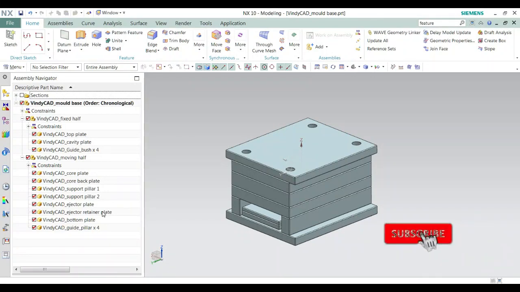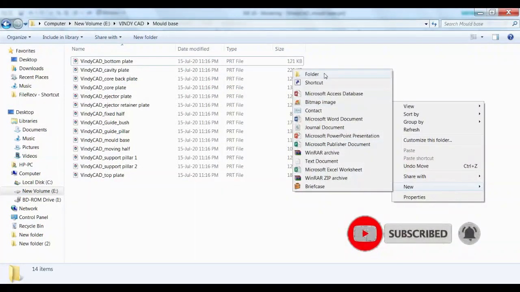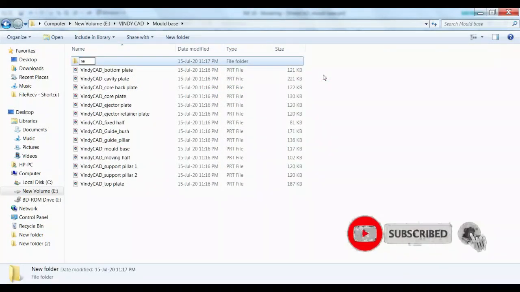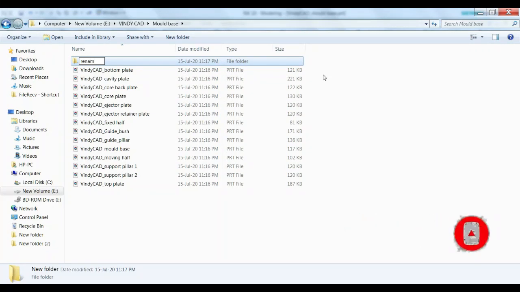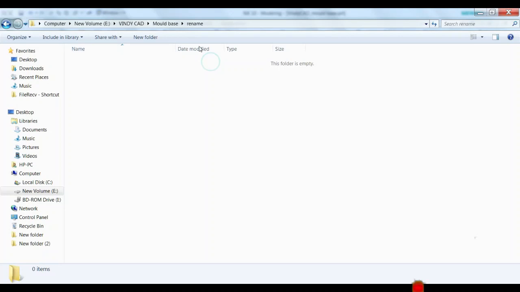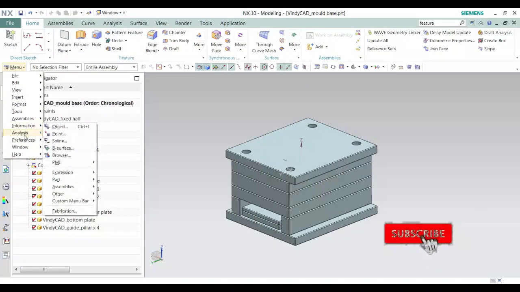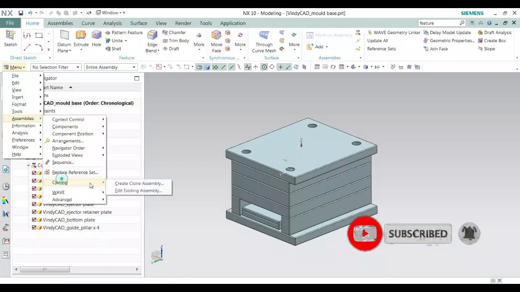I'll show you another option, rename or replace. I'll create a folder and name it rename. In this folder we'll create another clone. This time I will replace.